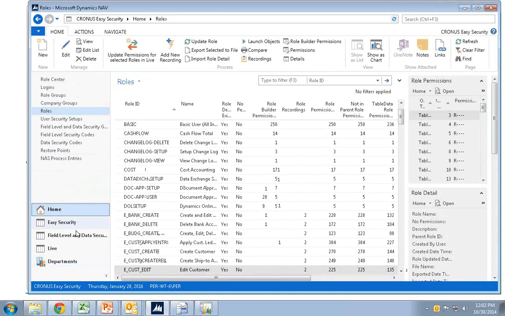One licensing difference is in the Lanham product you need one table for each table you want to do it with, so you need to buy table groups. For this product, it's a general structure for field level and data security, and you don't need any extra tables. If you want to protect 200 tables, it's the same price as if you want to protect 5 tables. And people that know me also know that the Lanham security was actually one of the things I have written before, by the way.